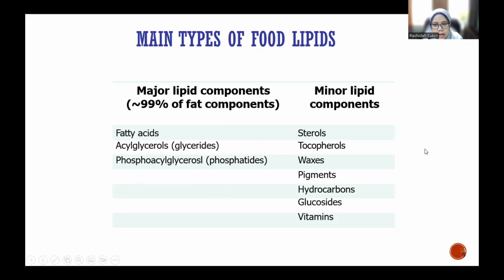But there are also some parts of the lipid component which are called minor, which is tocopherols. Tocopherols ni apa? Normally used as an antioxidant. Antioxidant is normally used to combat oxidation. Then sterols, plant sterols, wax, pigment can